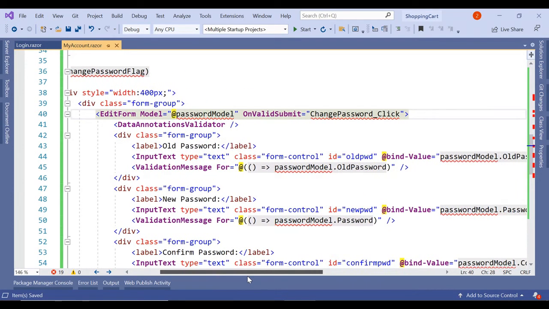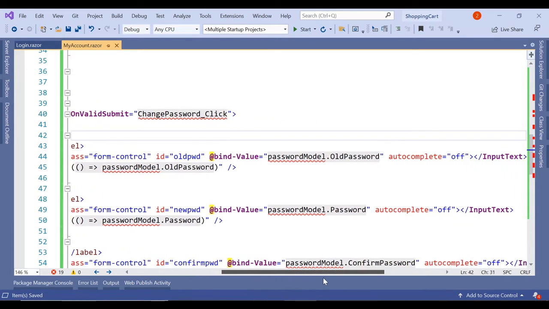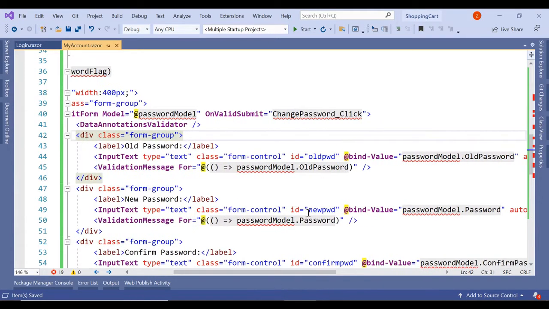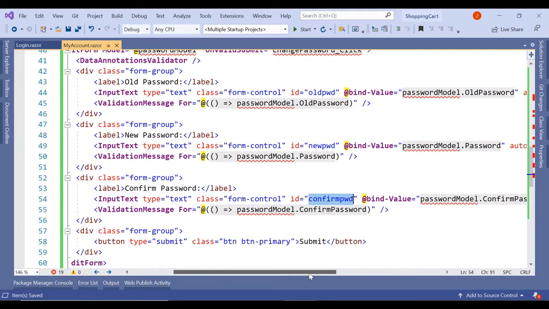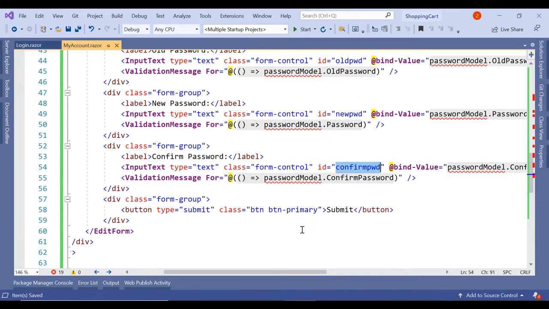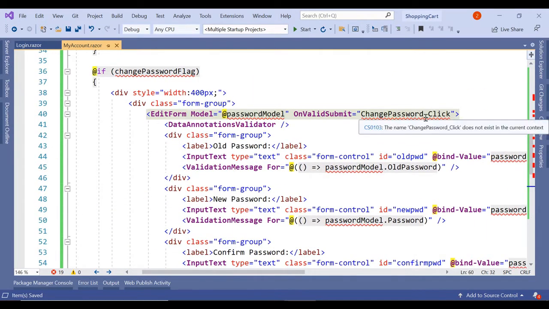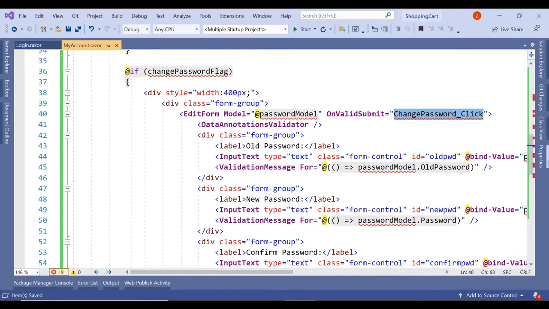Inside the edit form we have this form group, and all the form groups are having this text box, and for each text box we have bound the old password and new password. Same way we have new password, then we have confirm password. Three input texts we have taken, and on submit we have this submit button. So once the form is validated, it will call this change password click method. So this also looks pretty simple, nothing complex here.